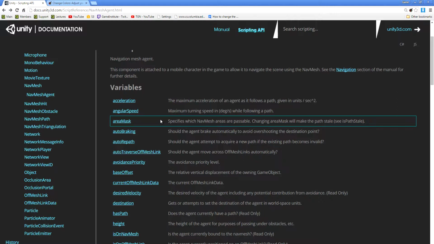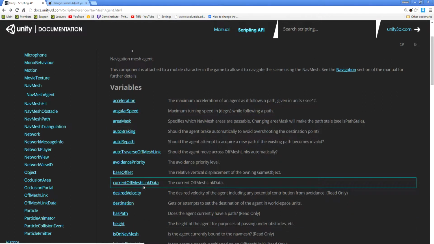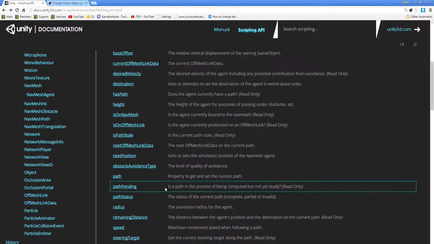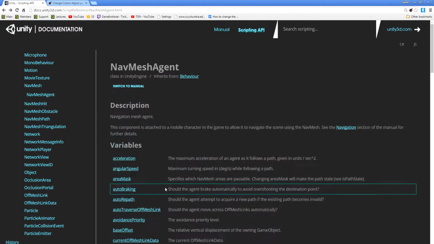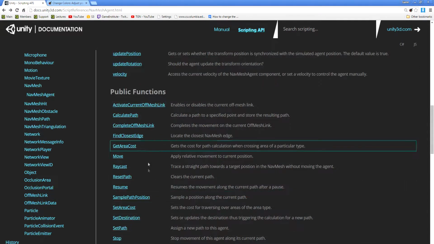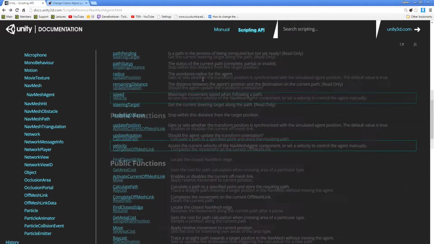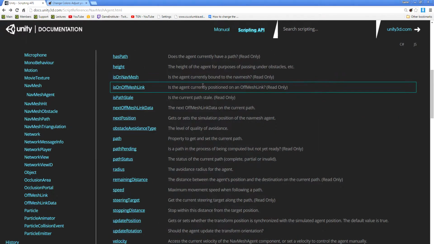So I think that's it for now. Like I said, in the next lesson, we're finally going to demystify this whole off-mesh link thing. Those are the only properties we don't really understand at the moment, and there are quite a few properties and functions to do with off-mesh links, and they are quite important. We're also going to look at navigation obstacles, and that should be it. Provided we can get all that done in the next lesson, we're ready to move on to bringing in animations and